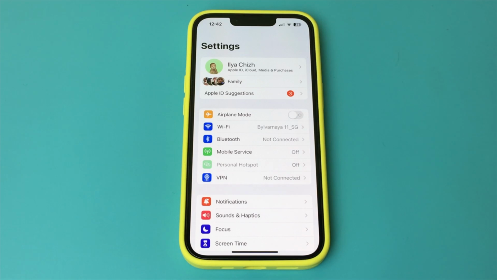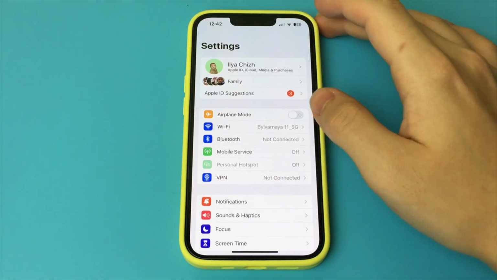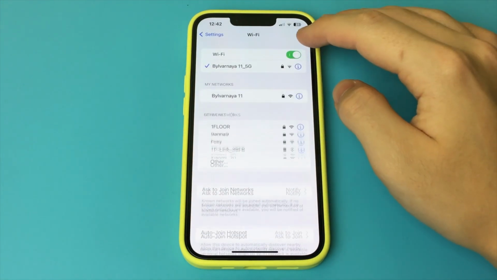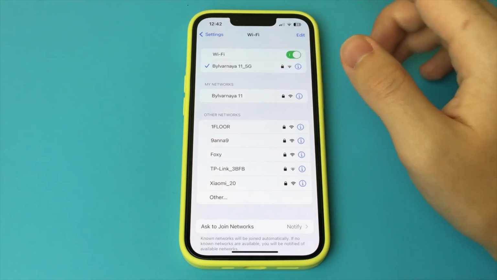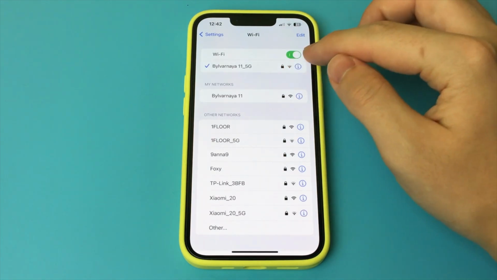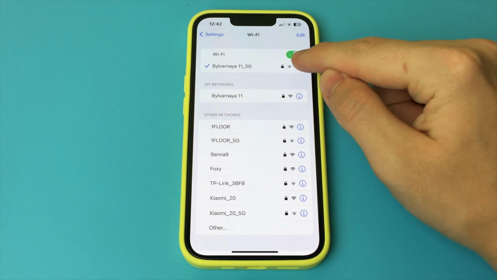Thank you. In this video, I want to show and tell you how to remember the password to your Wi-Fi. If you have iOS 16 and above installed, then this method will work. So if you need to know the password, then update to a later version of iOS. We will be able to find out the password from any network that we were already connected to.